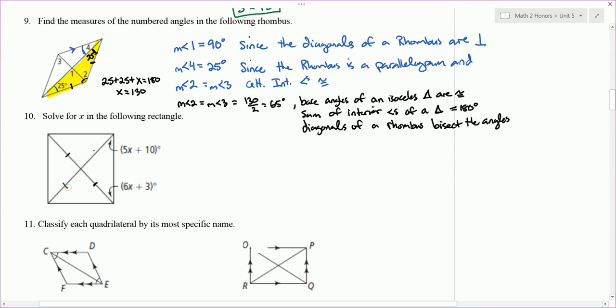So actually we get all 4 halves equal to each other. So that makes the triangle I'm outlining isosceles, and so the base angles are congruent. So we can set 6x plus 3 equal to 5x plus 10,